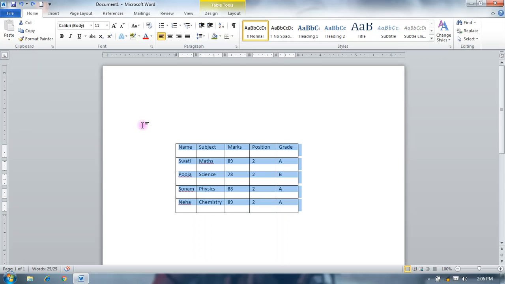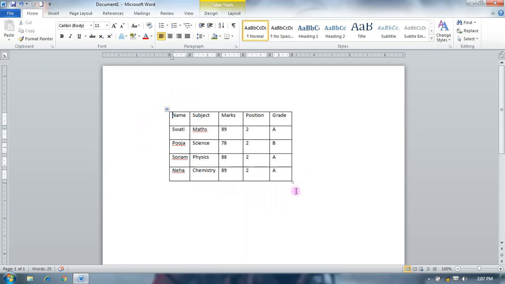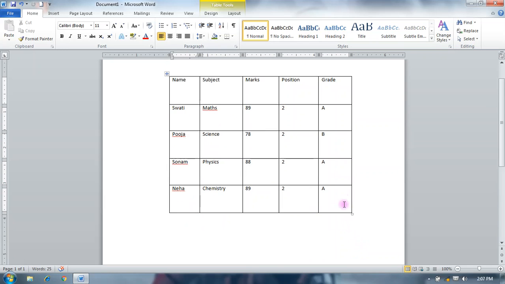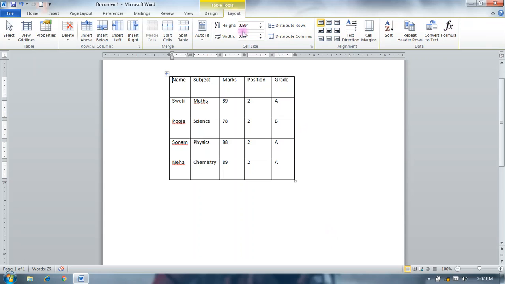Okay, and this option is used to select your table for moving or dragging it from one position to another, and this option is used to resize your table. You can increase your table size or reduce it again. Okay,